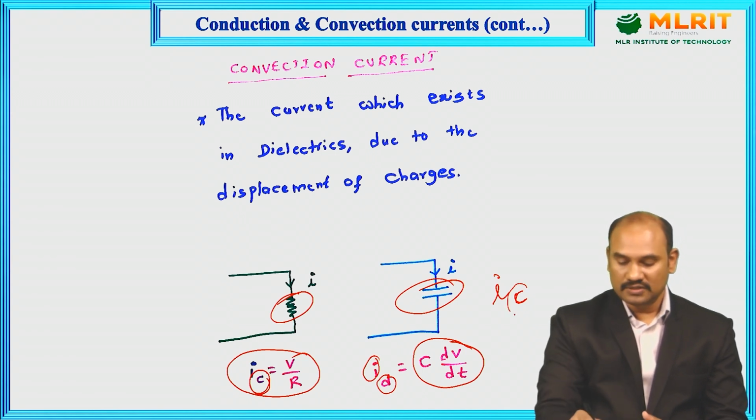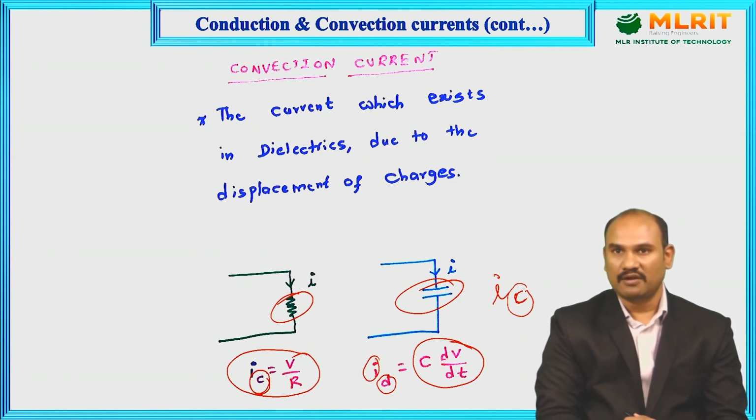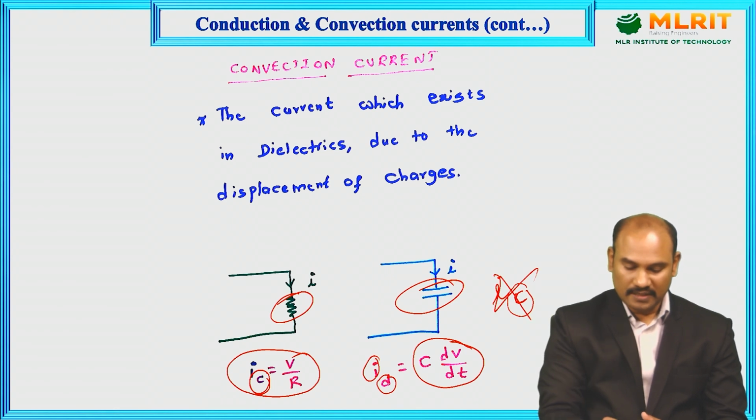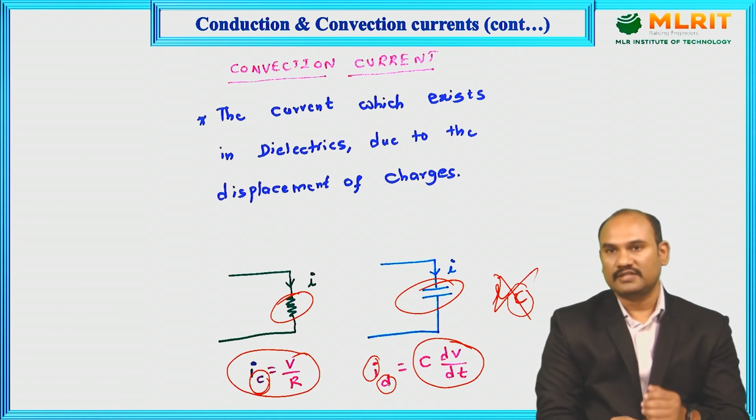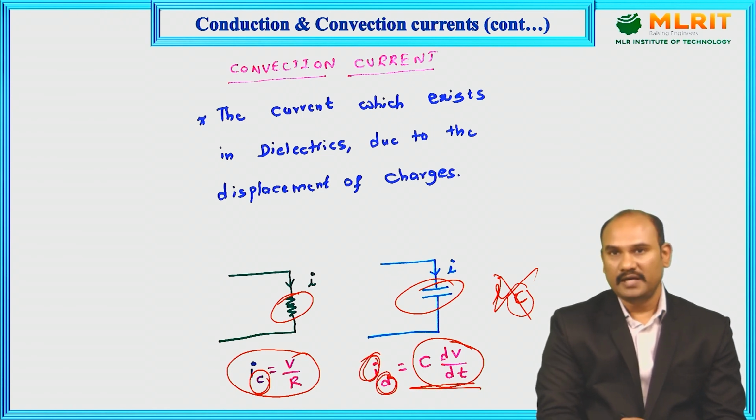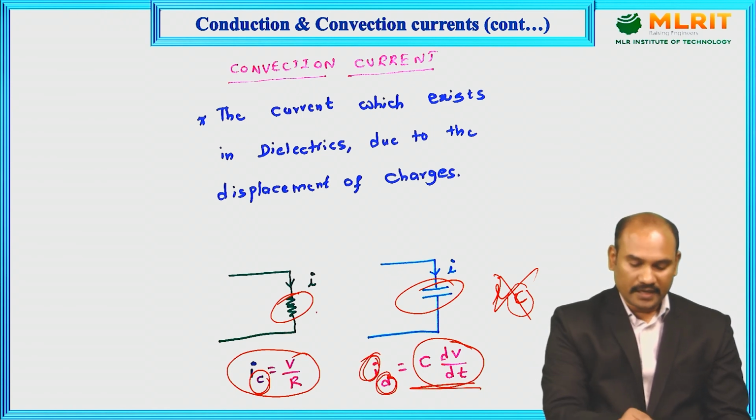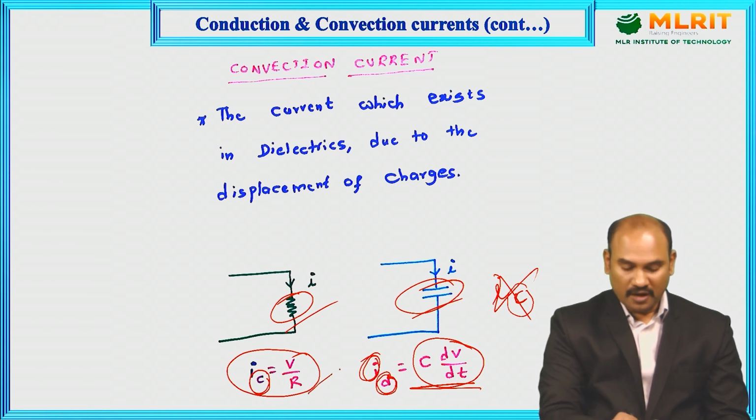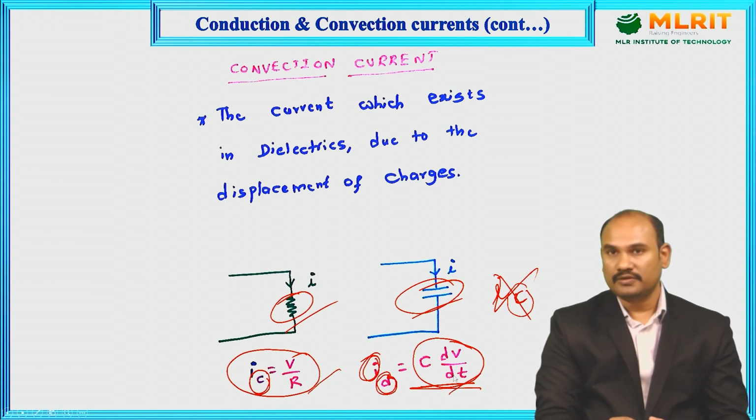Again, I cannot use C for convection because it gives confusion. So I am using D, because the other name for convection current is displacement current. So ID stands for displacement current, which is given by C dV by dt. So the analogy is different, the mathematical formula that is used to calculate the currents, they are different. So they are basically different types of electrical